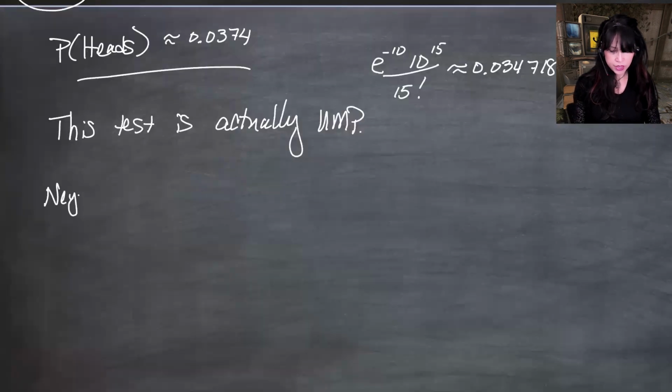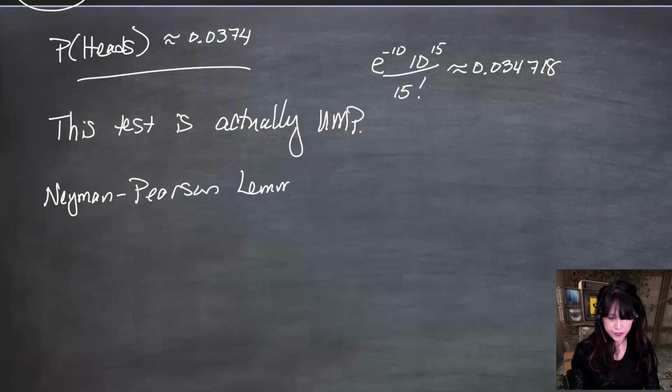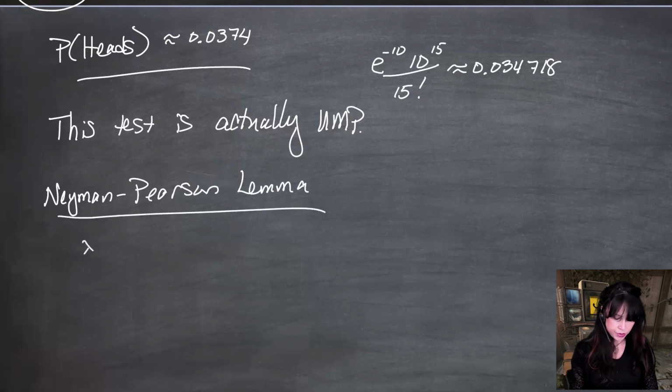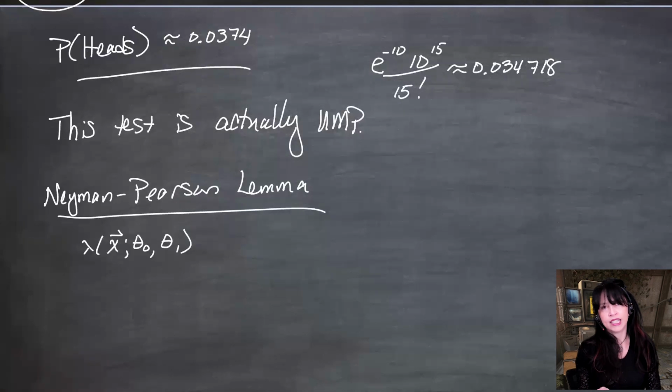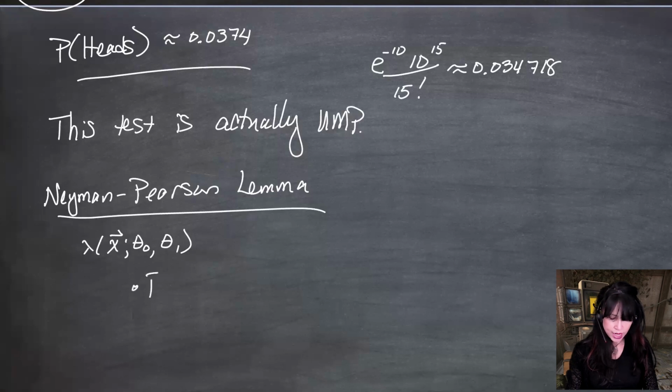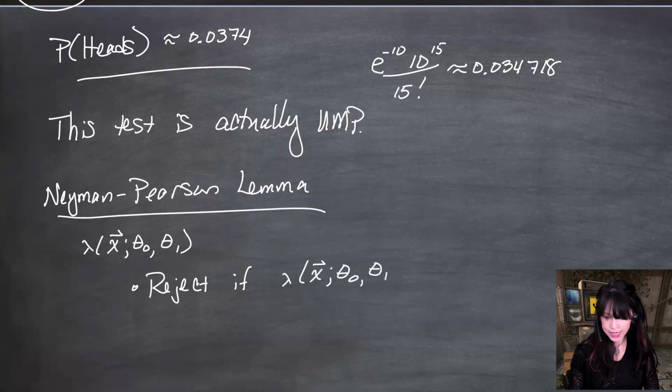So I'm not testing you on this, but we had some setup, right? And we formed a likelihood ratio. And the Neyman-Pearson that we've looked at says to reject if this thing is less than or equal to K. But if we follow the rule: reject if this thing is strictly less than K, and if this thing is equal to K,